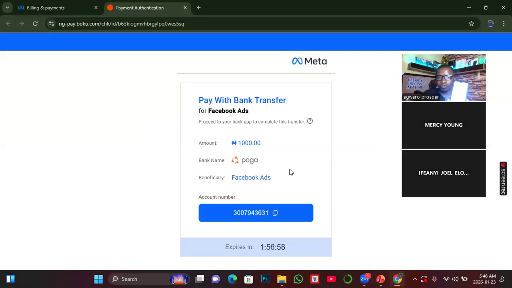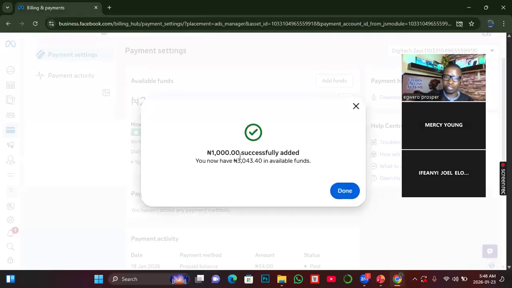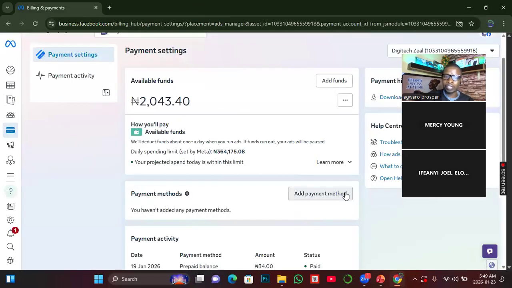Once it shows successful, just focus on the screen. Now it has transferred. Now you see what is happening. Once it's confirmed on your phone that you have successfully transferred, it will automatically synchronize and identify, and then tell you